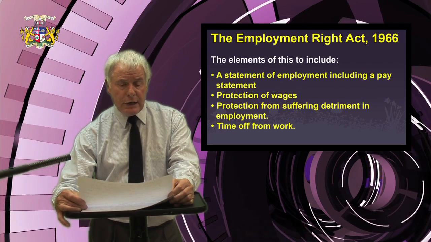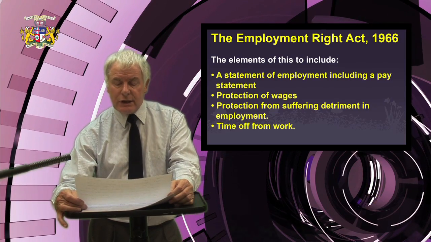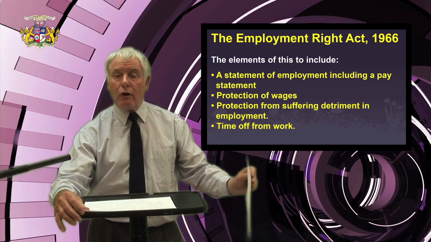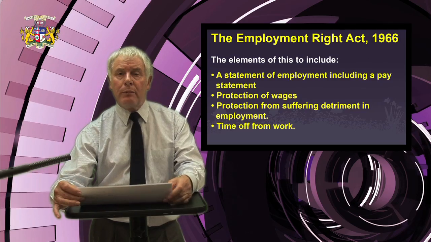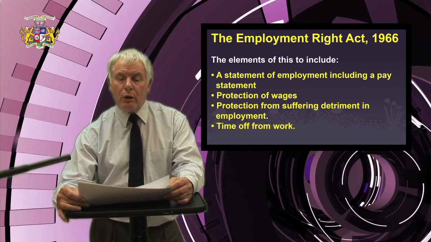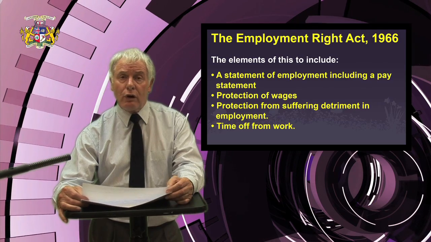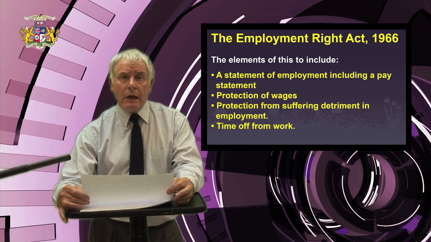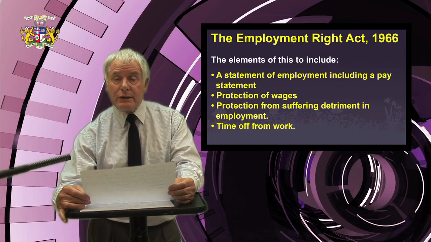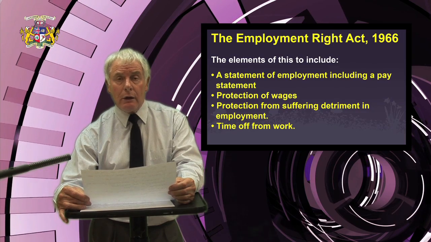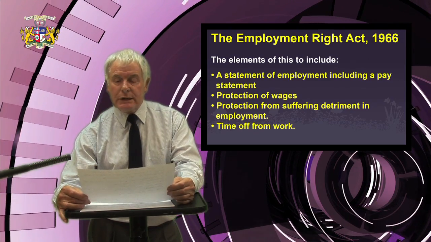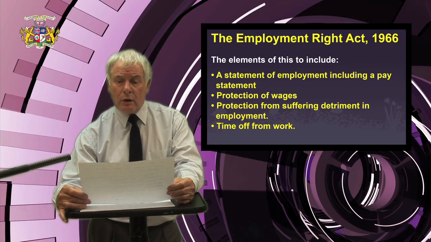Another law relating to this area is the Employment Rights Act 1966. This covers a written contract of employment, including the main terms and conditions of employment. All people employed should be in receipt of a contract from the company. This must be provided to the employee within 2 months of their starting work for that organisation. The elements of this contract would include such things as a statement of employment particulars, including a pay statement, how much they're to be paid per week, probably per month, protection of their wages, protection from suffering detriment in their employment, in their role being employed in the company,